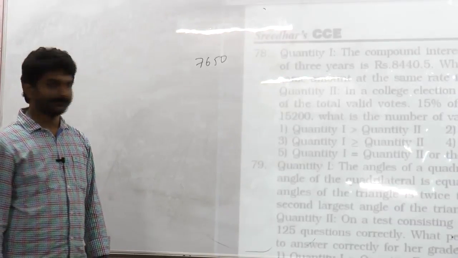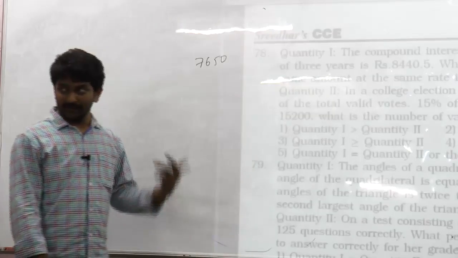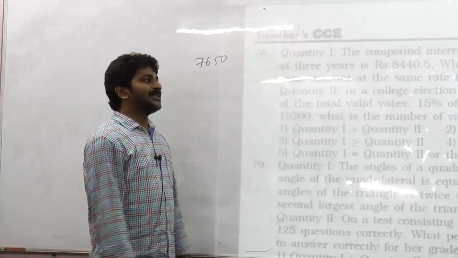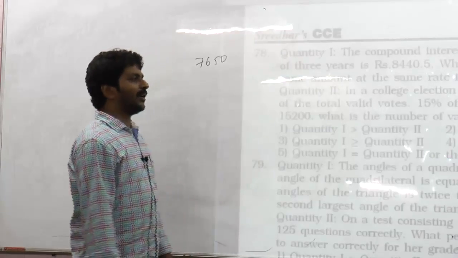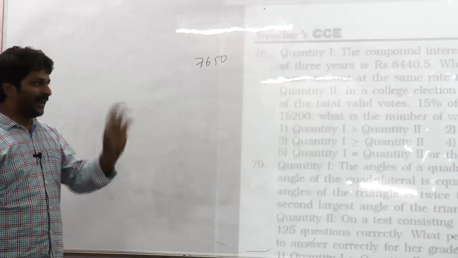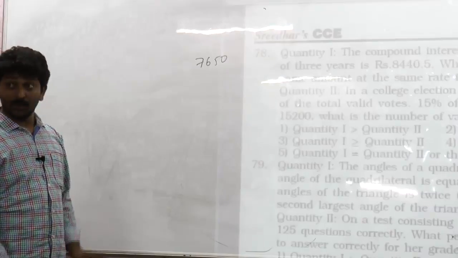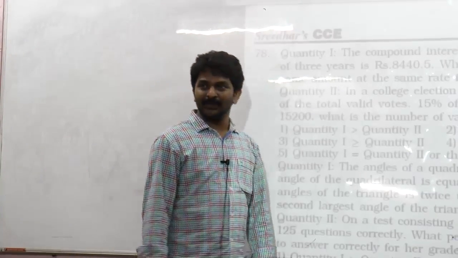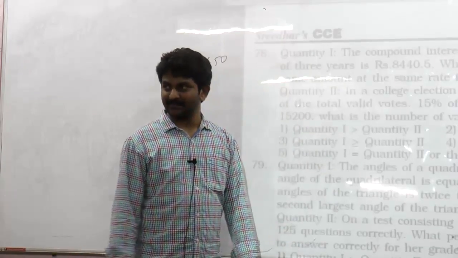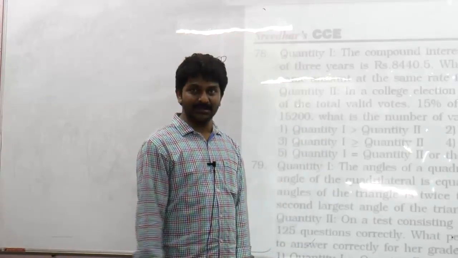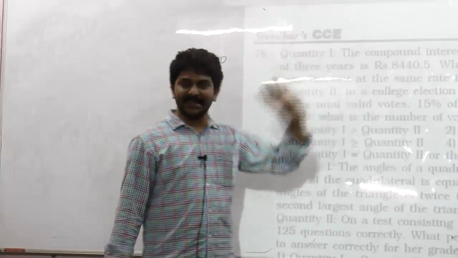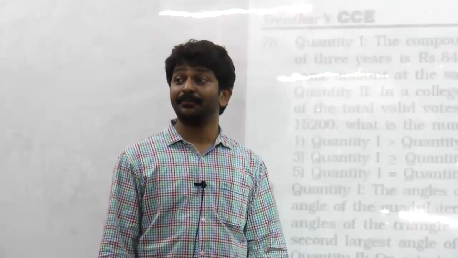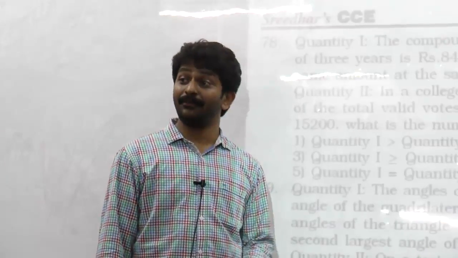Right? If you are not confident, you have to calculate everything then. Quantity 2. In a college election between two candidates, one candidate got 55% of the total valid votes. 15% of the votes were invalid. 85% were present. 85% were valid votes. Out of 85%, one guy is getting 55%. The other guy will get 45% of 85% of